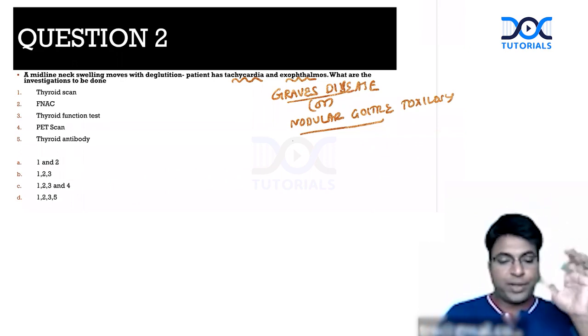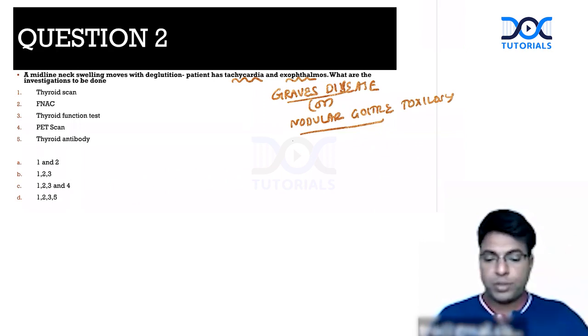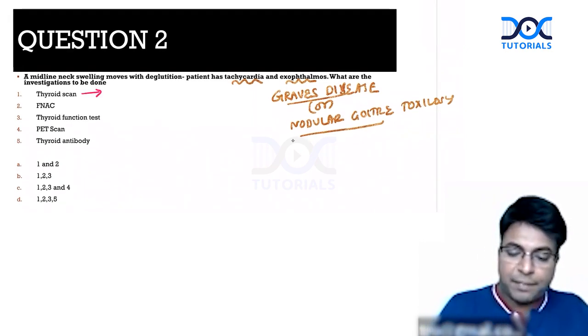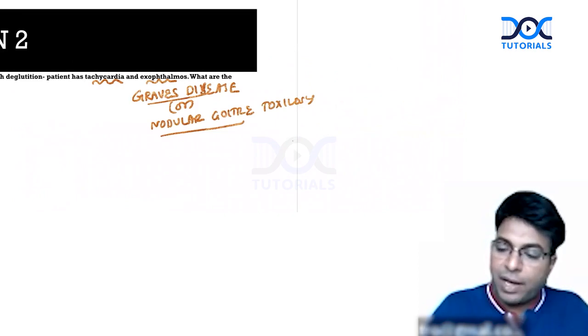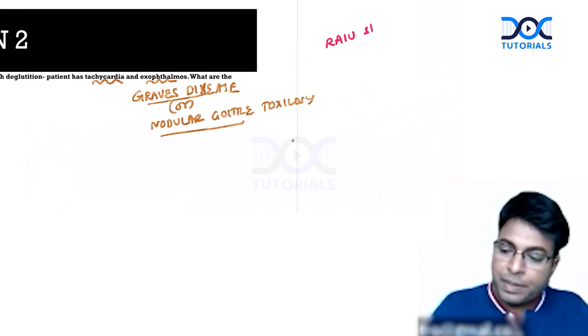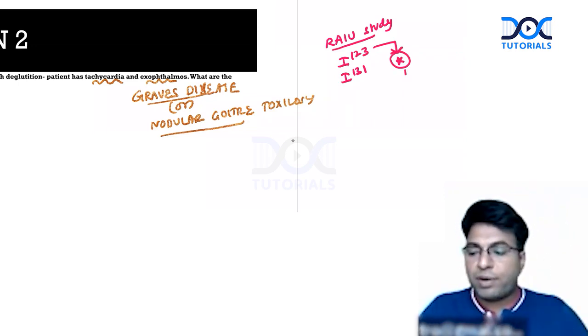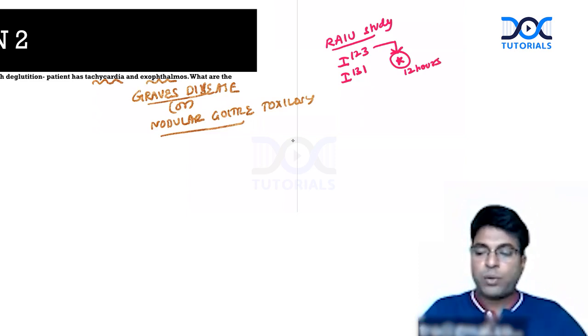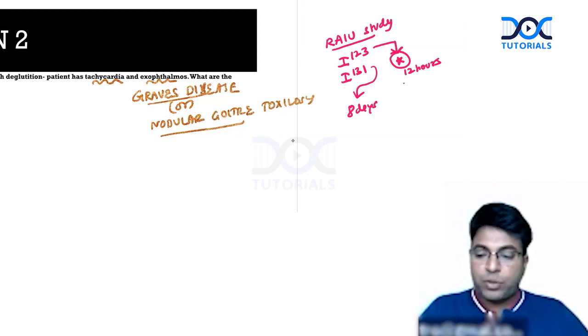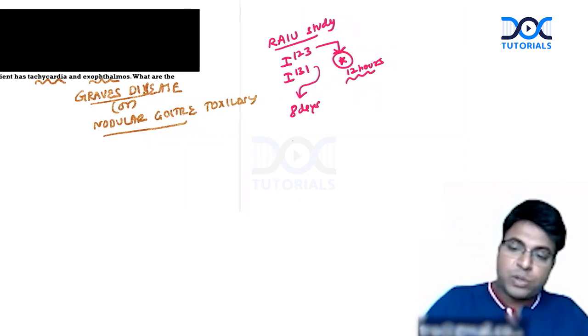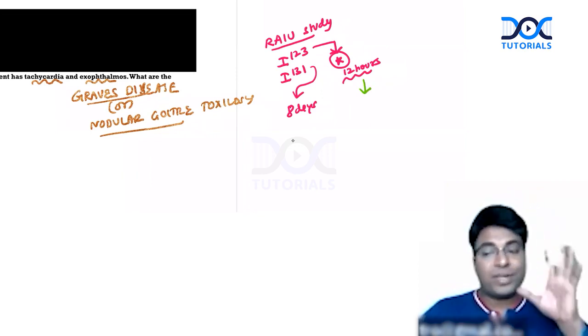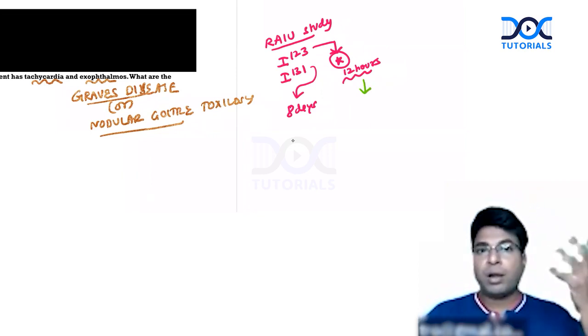So you know very well, I'm going to exclude each and every investigation, what we do, what the uses are, etc. So the question: thyroid scan. It's nothing but a radioactive iodine uptake study. So we give iodine 123 or iodine 131. In diagnostic, we use only 123, not 131. Iodine 123 has a short half-life of 12 hours, so therefore we use iodine 123. Iodine 131 has a half-life of 8 days, so we don't use it. We use only iodine 123 for diagnostic. So in diagnostic, the uses are to find out whether the goiter is hyperactive or hypoactive.